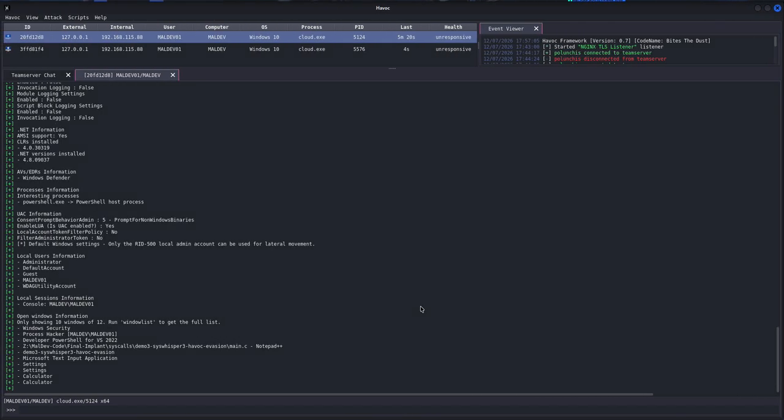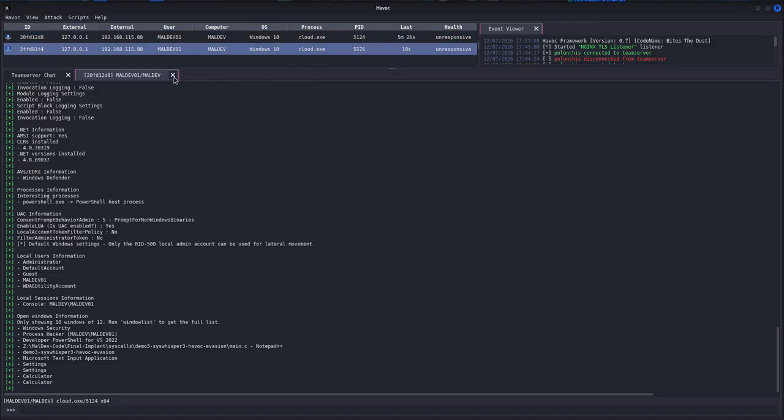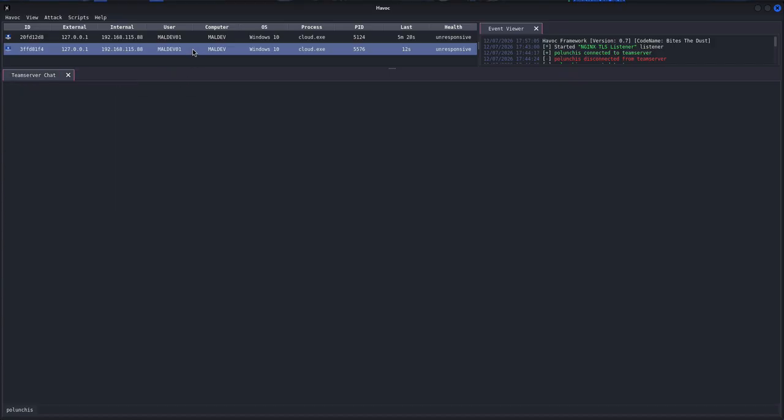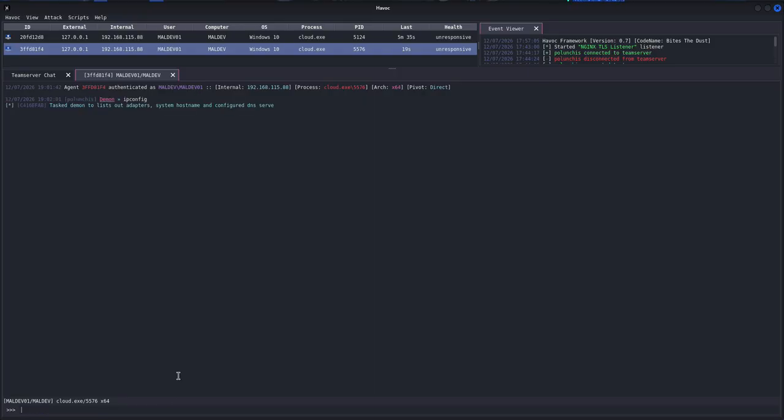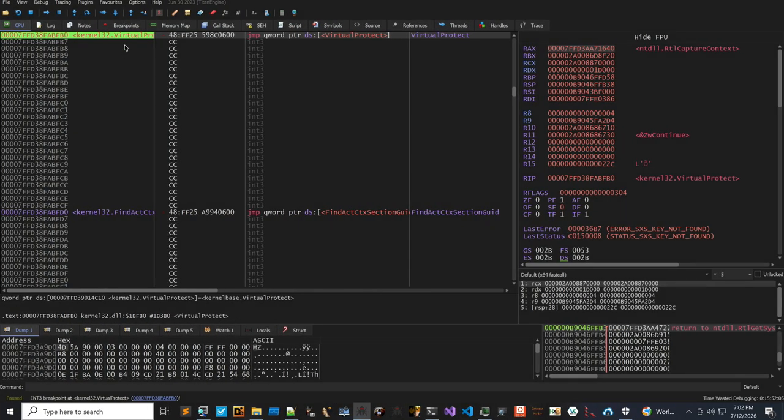And in here, if we go back to our Havoc, we see that we got a second beacon, right? So our second beacon is in here, IP. We are going to execute the IP config. And one thing that I want to mention, once we get our Havoc beacon,